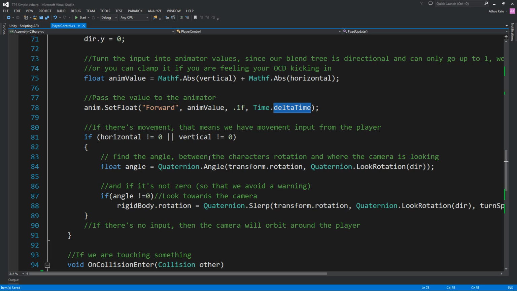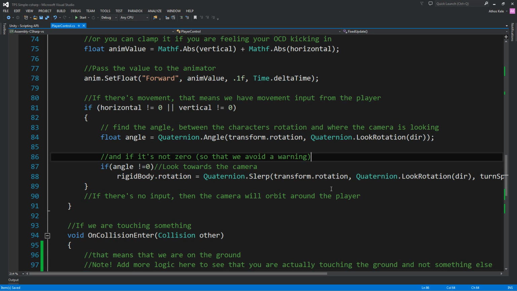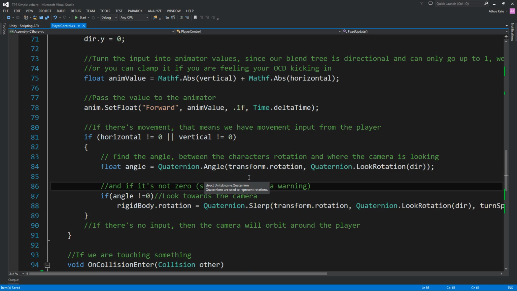We need to find the angle between where the character is looking and where we want him to look. If it's 0, you will get a warning, not an error, a warning. You can skip it, but do this so that you do not clutter your console every time you run it. So we find the angle first, and we say if the angle is not 0, which is exactly the warning you are getting if you do not add this if statement,